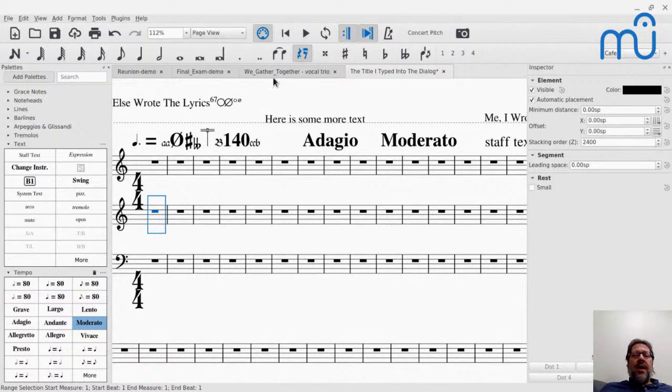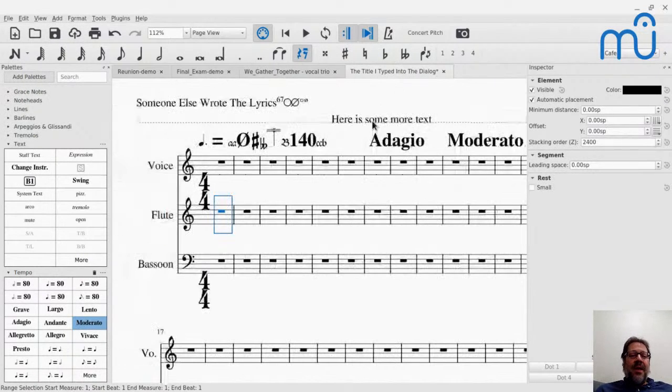We'll do things like, remember when I created my test score here, I added the flute, then I added the bassoon, then I added the voice, and I had to move the voice up to the top. Well, that kind of stuff will happen automatically, the positioning of things. Well, I moved it up to the top because that's where I wanted it. To be honest, I don't know that that's standard. Like, it depends on what kind of score you're dealing with. I think if you're dealing with a vocal score, the voices go on the top, then the instruments.